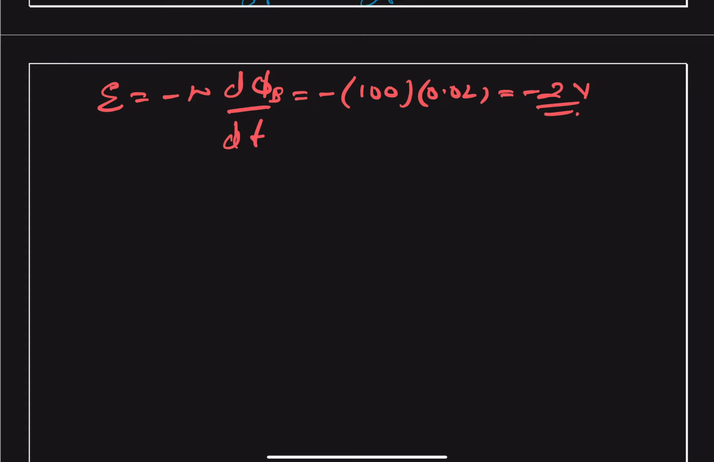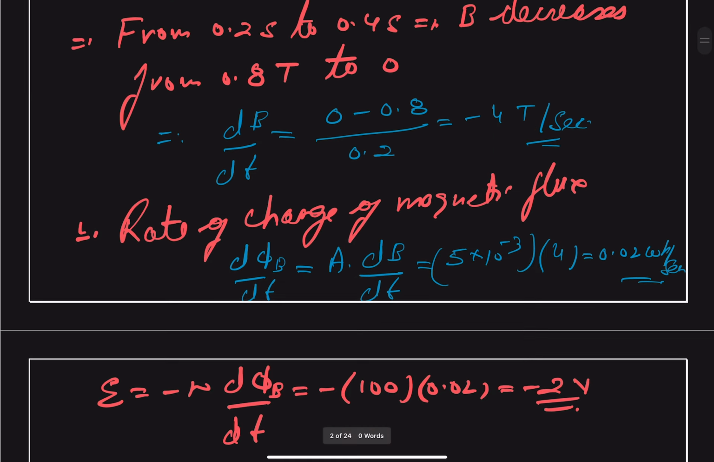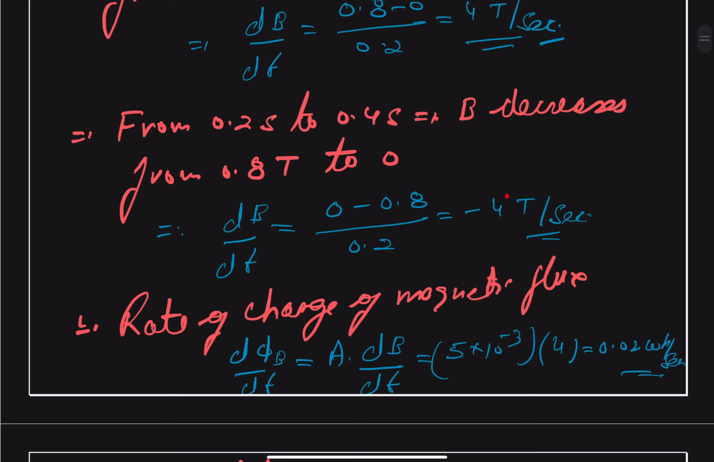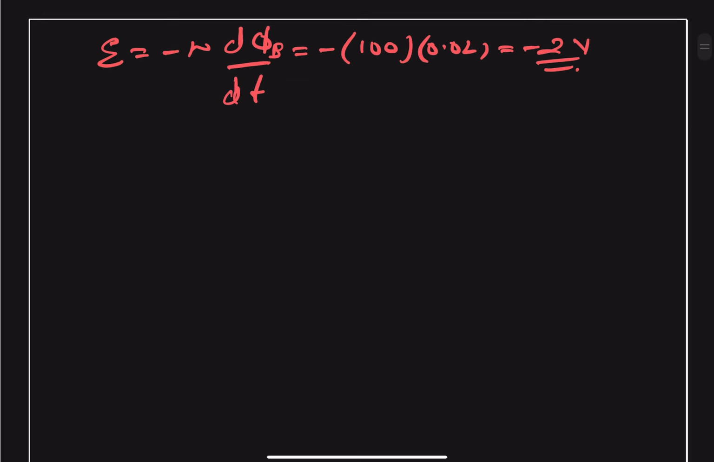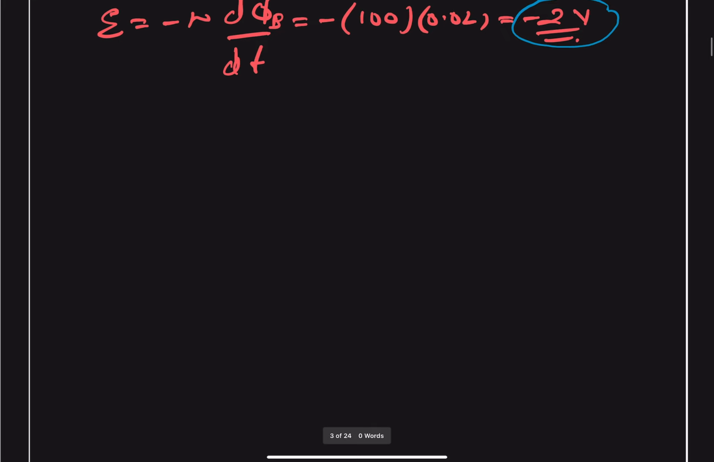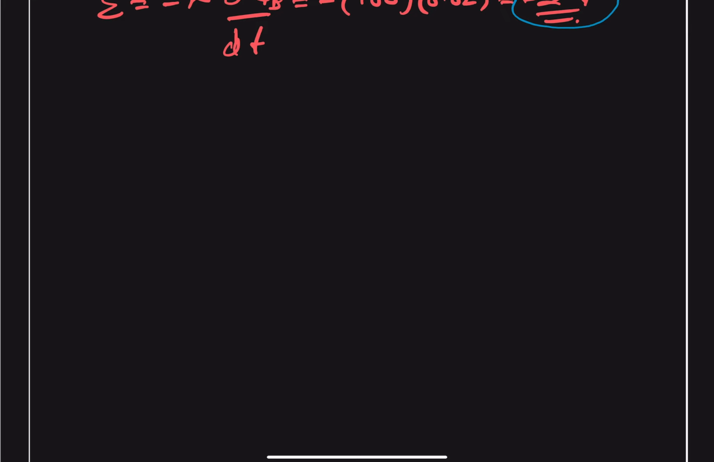And we have two values, and magnitude in both the cases is the same. In the first case it is minus 4, and in the second case it is plus 4. So obviously we can remodify this induced EMF according to both the times. So we can write it as, during 0 to 0.2 seconds, the induced EMF will be minus 2 volts,